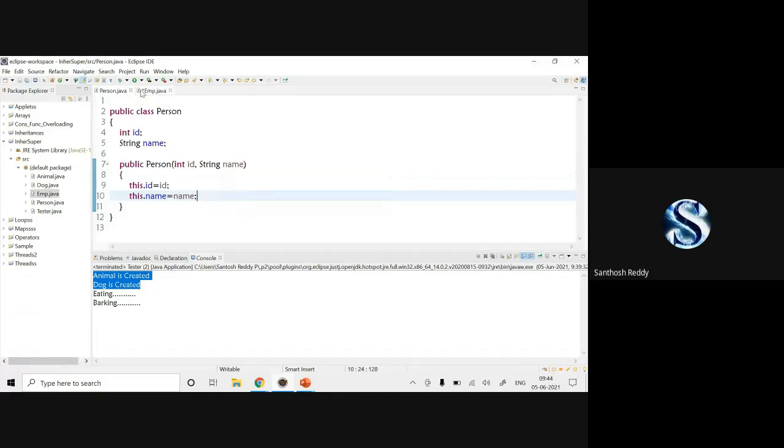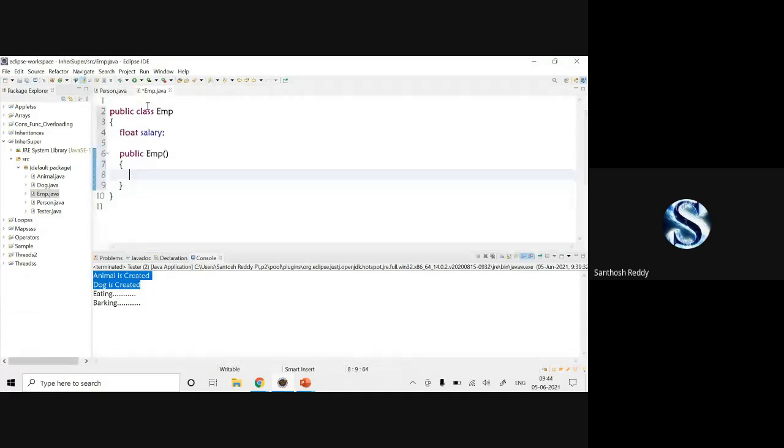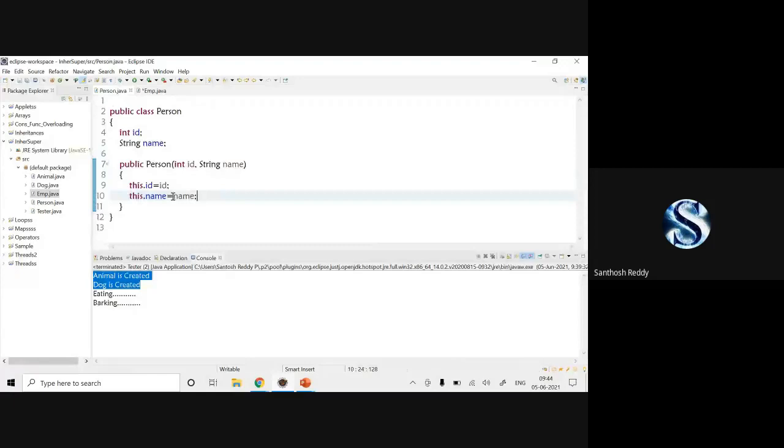Whereas coming to here, I have empty parameters. Whether can I call a super keyword here? The answer is no. And make sure that whenever you're calling super keyword, you have to check whether for that particular constructor we have a parameterized constructor or not.